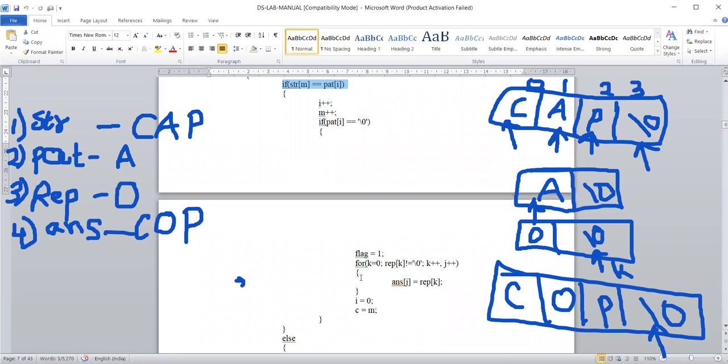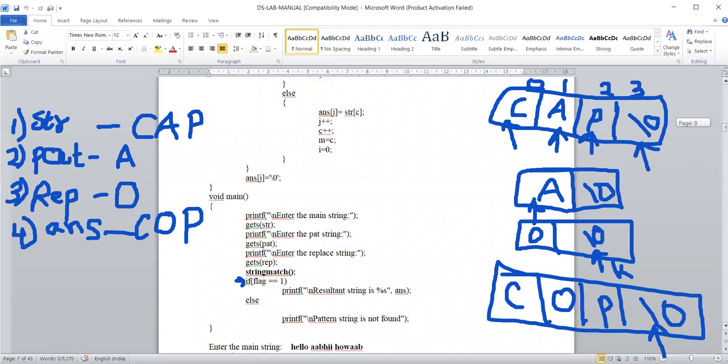Otherwise, it will not go into this. Hence, the flag value will not change. And if the flag value is not changing, then it will go to this else part and print that there is no match found.